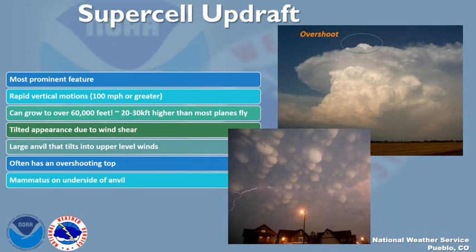If you look at them, you can see that they are tilted. Again, that's due to the wind shear. And then a large anvil tilts into the upper level wind. So that's a good indicator of which direction that storm will most likely go. Not always, but it gives you an idea, especially the upper level winds. That'll tell you which direction those are. And often, because of that strong updraft, it will have an overshooting top, as you can see in the top